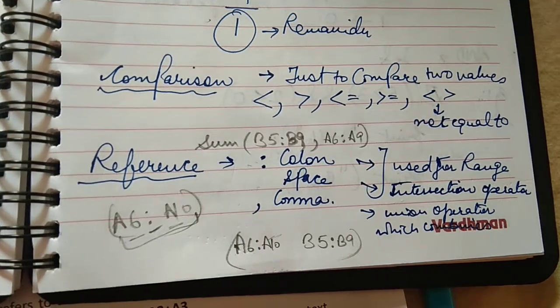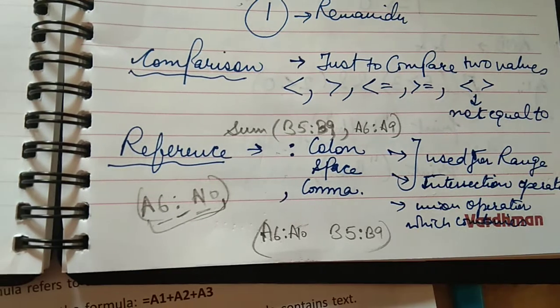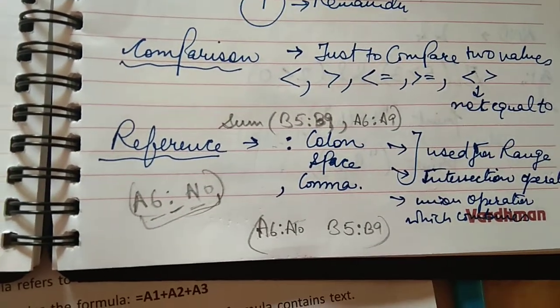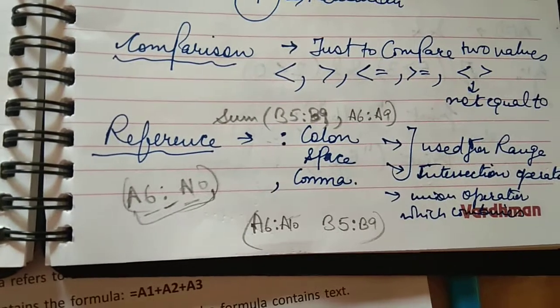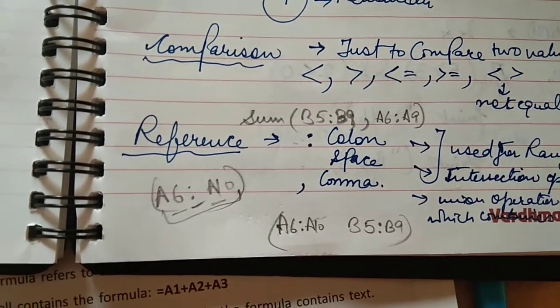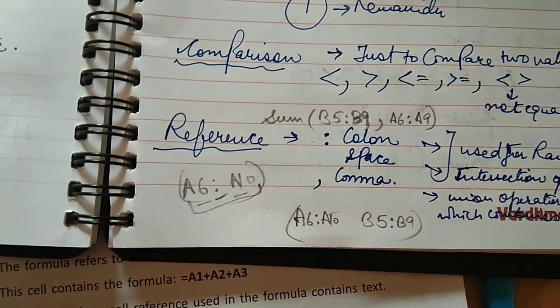In the last video I told you about arithmetic operators, that is plus, minus, multiply, division and the remainder sign, that is the percentage sign. So in this video I will be continuing with comparison operators under the same topic, that is operators. We are studying categories of operators. So the next category is comparison operators.